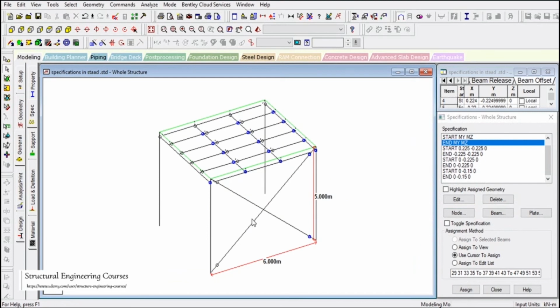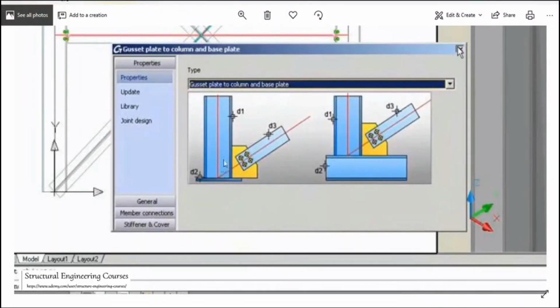So this was just a basic introduction to how we assign properties to the structural steel bracing. But what I am trying to convey here is that the bracing connection also needs to be justified. That is, we need to make sure that this bracing converges on this column at the working point only, because otherwise, for example, if we are seeing here, the bracing is not coming on the center line of this beam, it is coming on the top of this member. So it may result in the underestimation of the axial force and bending moments.